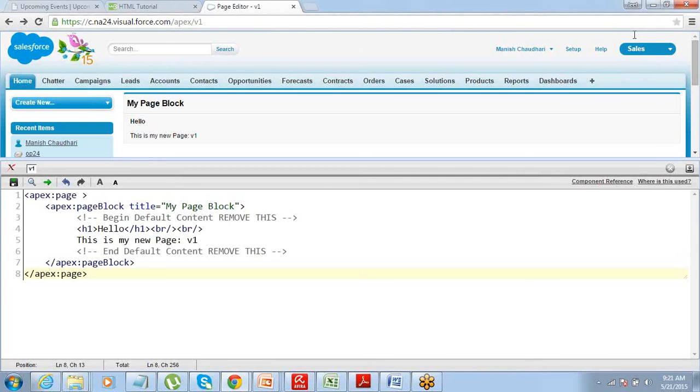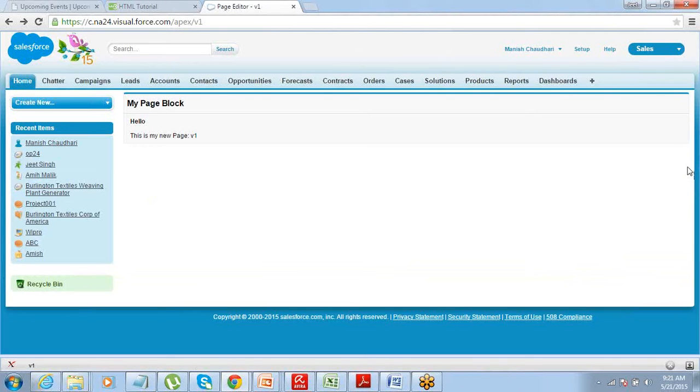Okay. So we understand the basic concepts, right? Now let's talk about controllers. As of now, I've not got any controller on this page. Right now, this is just a static kind of page. There's no action happening on this. I just displayed some text on this page, and that's it. There is no data coming in from the backend database. There is no button that I can click and all that stuff. So I don't need a controller at this point of time. In case you want a simple static page, you can manage without a controller also.